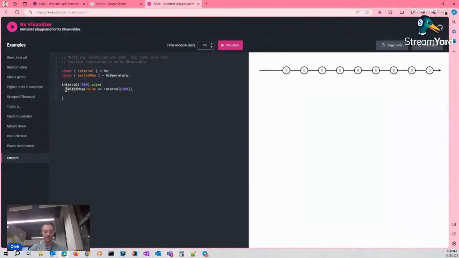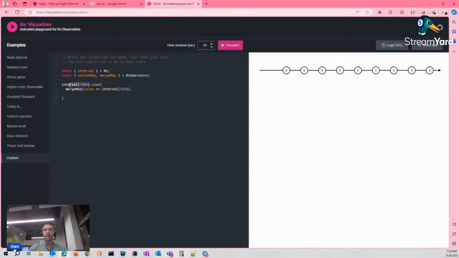Another operator is mergeMap. MergeMap has similar behavior, but the difference is that each new stream that is produced is added to the list of all streams, and they run in parallel until each of them is finished, completed, or failed.